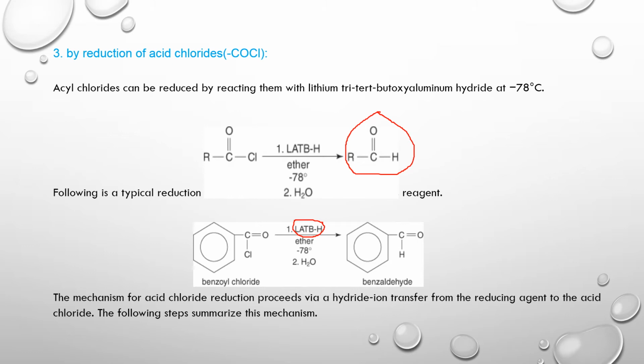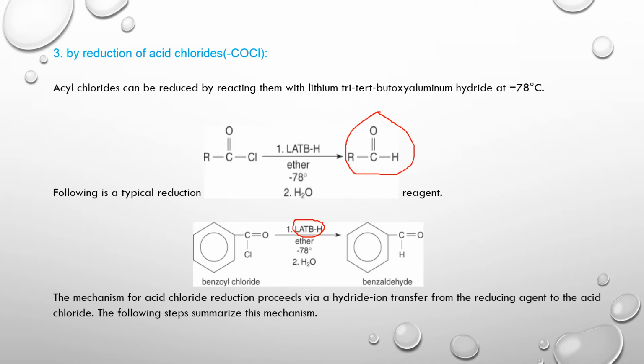Okay, here the chlorine atom is replaced by a hydrogen atom. So in a simple way, the Cl bonded to the carbonyl is replaced by hydrogen. So reduction means addition of hydrogen only. Remember, in the benzoyl chloride, the number of hydrogens will be only 5, because the aromatic ring has only 5 hydrogen atoms.